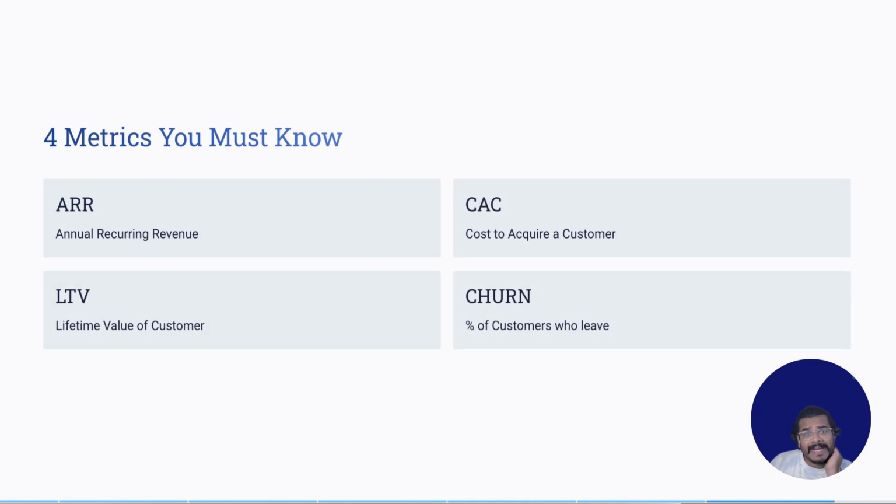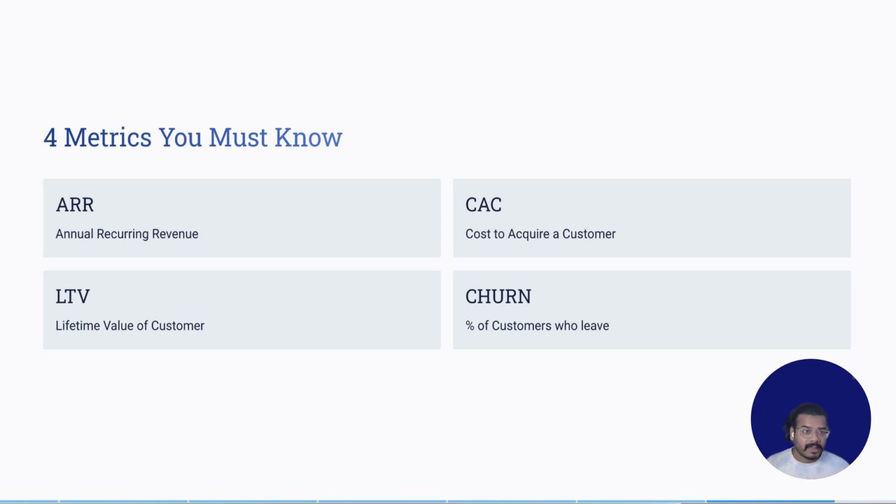Next, let us focus on some of the metrics you should keep in mind. So if you want to grow in your career, you need to speak the business language, right? And that language is always metrics. And here are some of the important ones you should know. First is ARR, which we call annual recurring revenue. Now how much revenue are we guaranteed every year? That matters the most to companies, right?